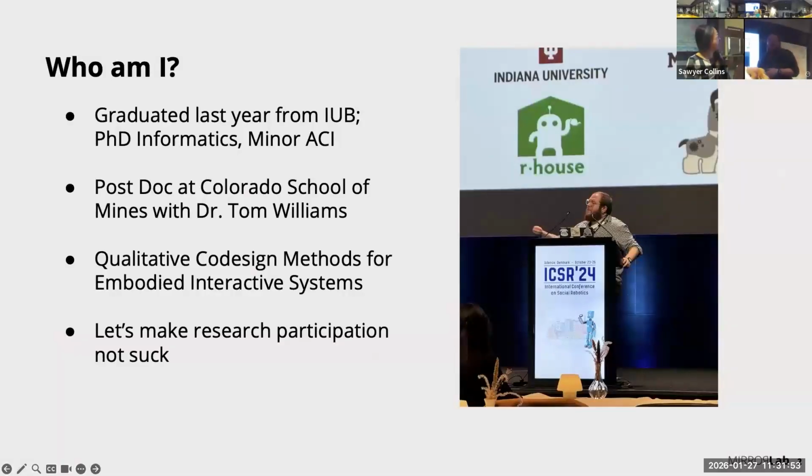There we go. So I graduated last year from Indiana University, Bloomington, with a PhD in informatics and a minor in animal-computer interaction. I'm currently a postdoc at Colorado School of Mines, working with Dr. Tom Williams in the Mirror Lab. And I focus on qualitative co-design methods for embodied interactive systems, which is really just a fancy way of saying